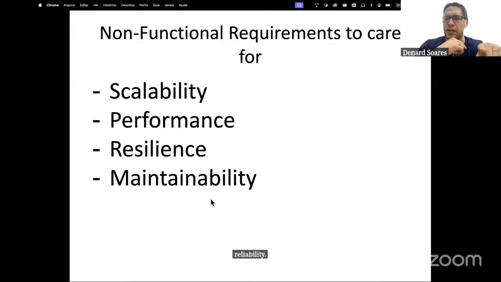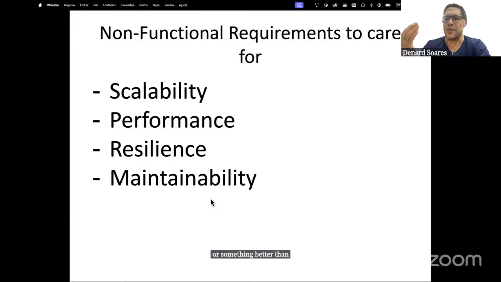But actually, I've been seeing in my late interviews that the guys are using the term resilience. And what is exactly resilience? It's something smarter or better than reliability.